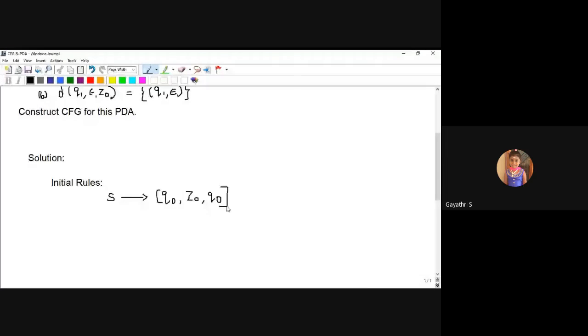Else, from q naught comma z naught, it goes to q1, because the possible states are q naught and q1. So these are the two initial rules. I have to specify here rule number 1 and rule number 2. Okay, so the next step,